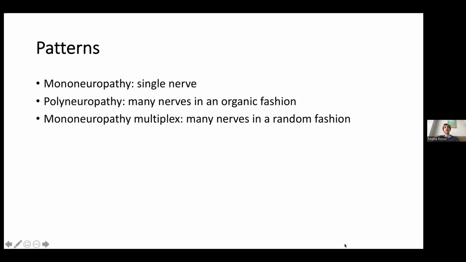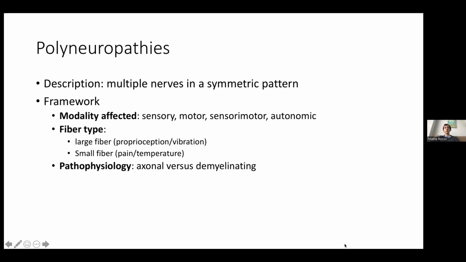Now, talking about the last piece of the puzzle here, so polyneuropathy, we talked about modality, we talked about fiber, and the last one is axonal versus demyelinating. Now, this definitely overlaps with the fiber type being affected, but I think it's important to also think about how these present, and it's pretty remarkable how differently these two present. Now, can anyone tell me what would be the most famous example of a demyelinating polyneuropathy?